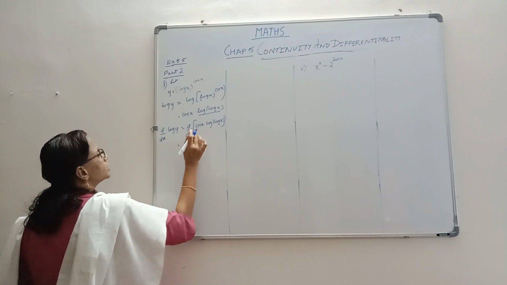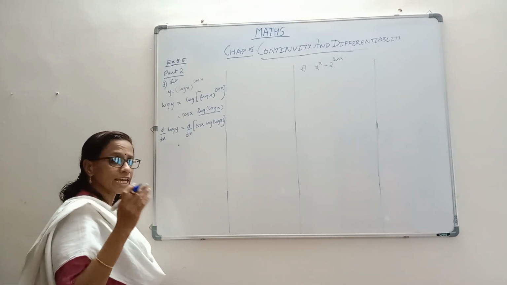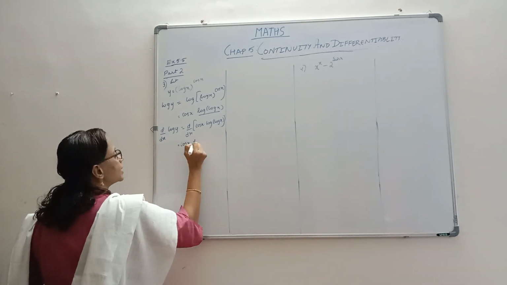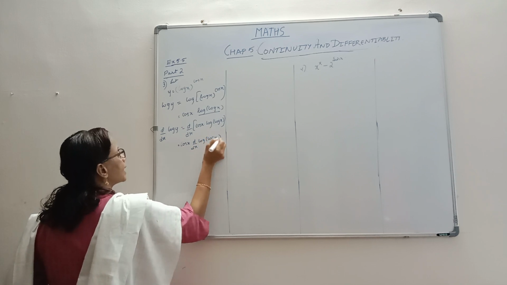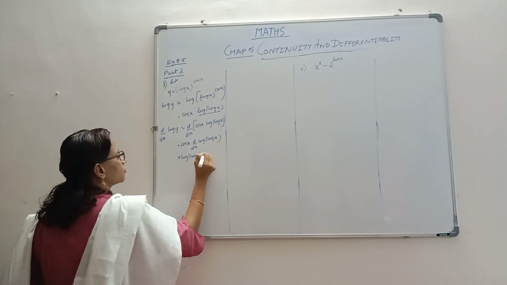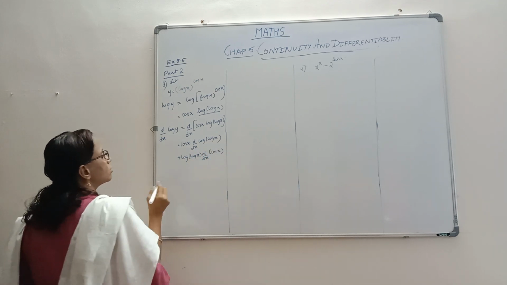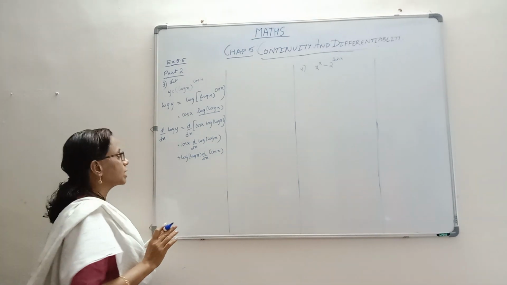Now you know that here it is the derivative of a product, and we know that the derivative of a product is u into v dash plus v into u dash. That means one function as it is, derivative of the other, and that other function as it is, derivative of the earlier one. That's it. Now we'll directly start taking the derivatives and finding out the answer.